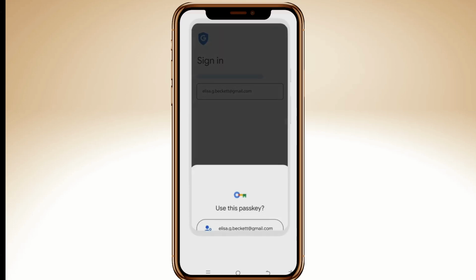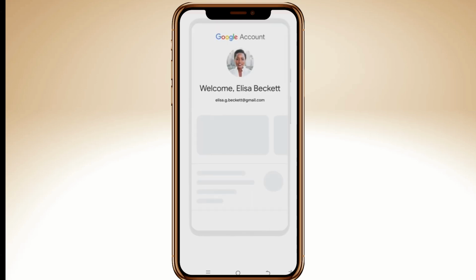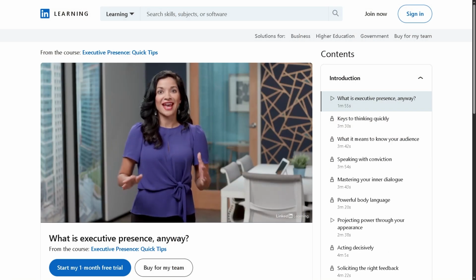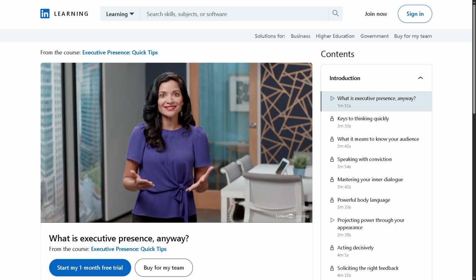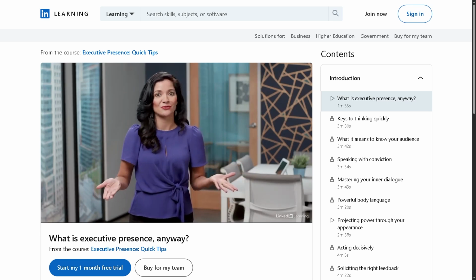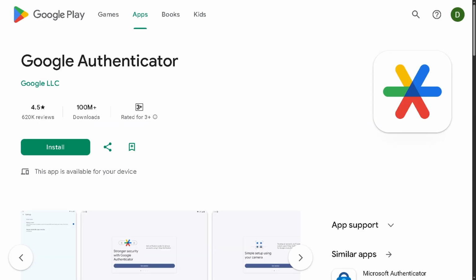In today's video, we are going to show you how to set up Google Authenticator and enable two-factor authentication on your LinkedIn account. This extra layer of security helps protect your account from hackers, especially if someone gets access to your password. Let's begin. Now, the first thing that you need to do is to install the Google Authenticator app